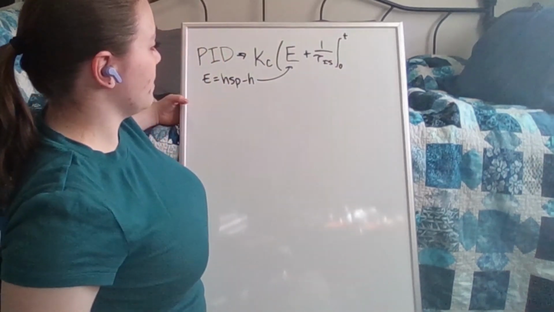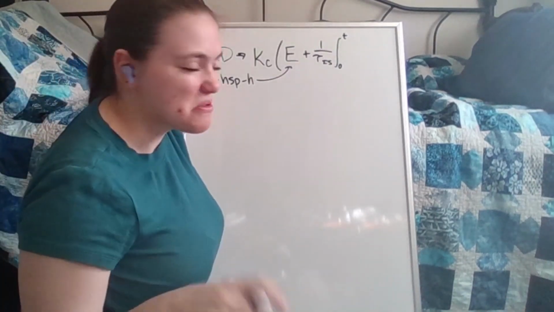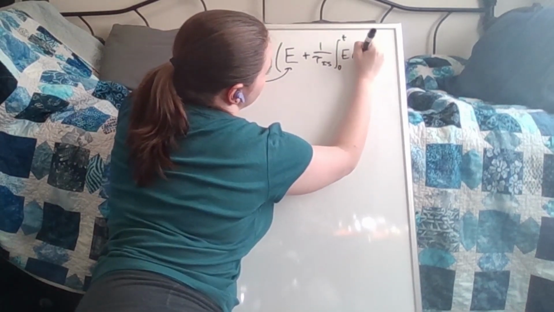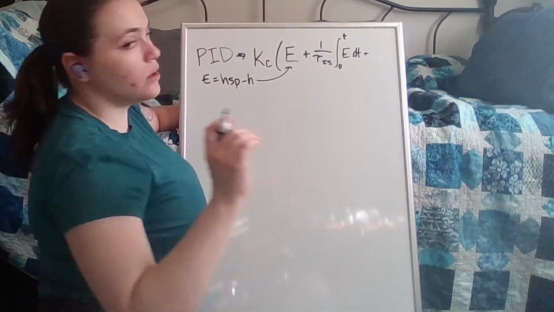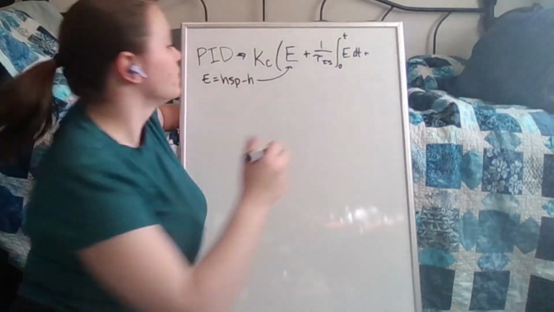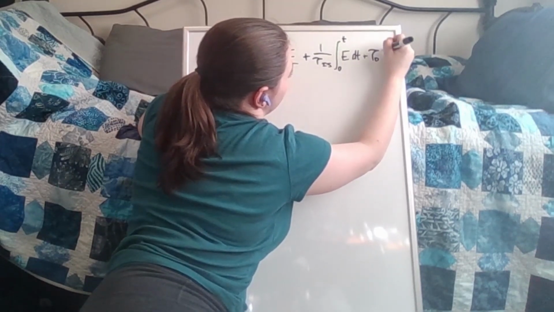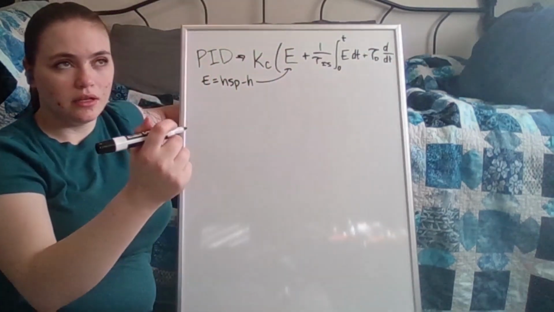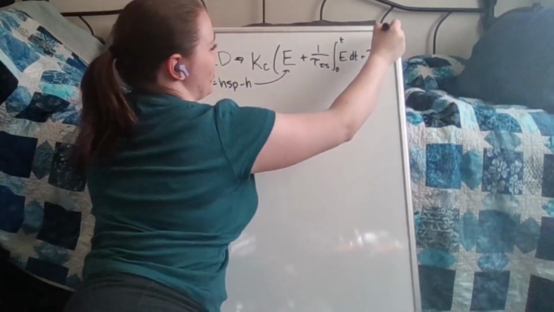Do I have enough space is the question. I think I can make it work. All right, and so we have our e times dt, and then plus our tau d over d e. I'm running out of space, but I made it work. And then,